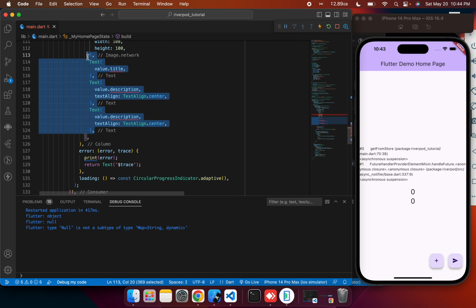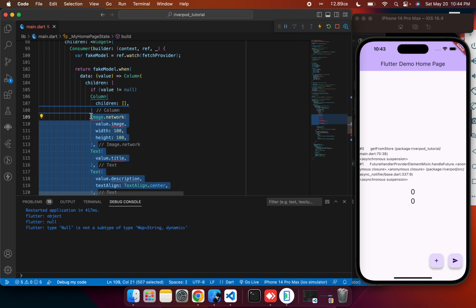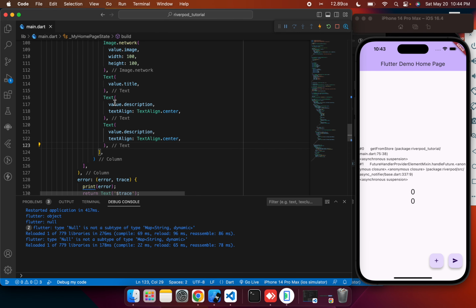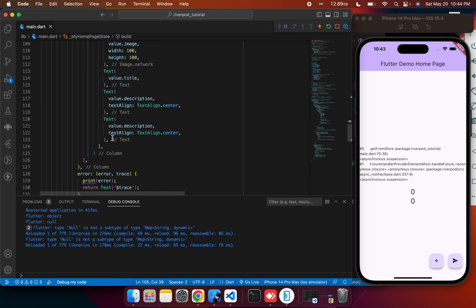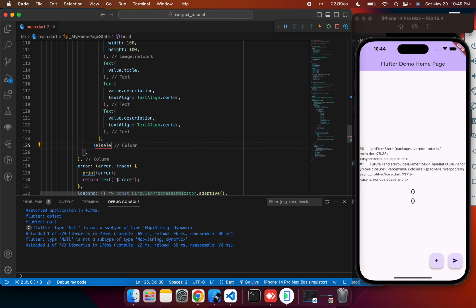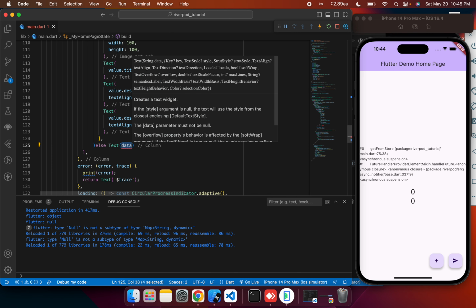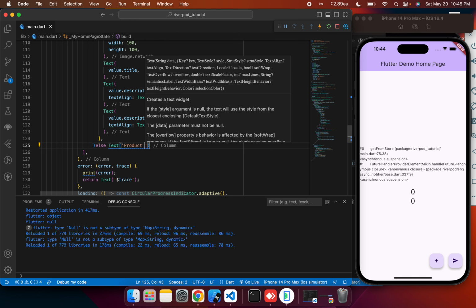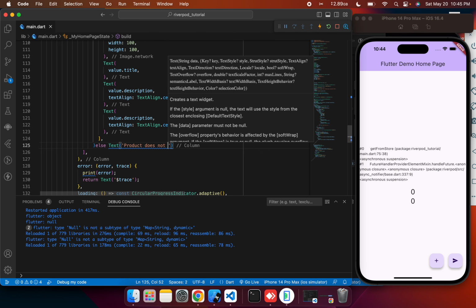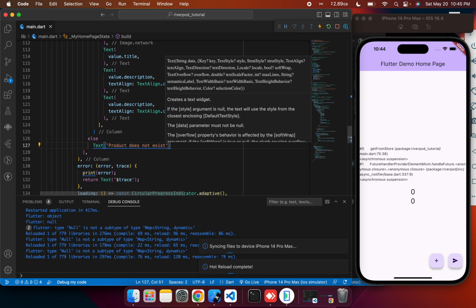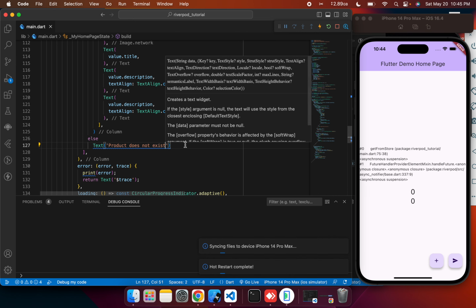You can easily copy this stuff, Ctrl X, and put it inside here. You see, it handles everything. So after this if statement, you can say else. Let's just show a text that says product does not exist, right? So if I restart now,